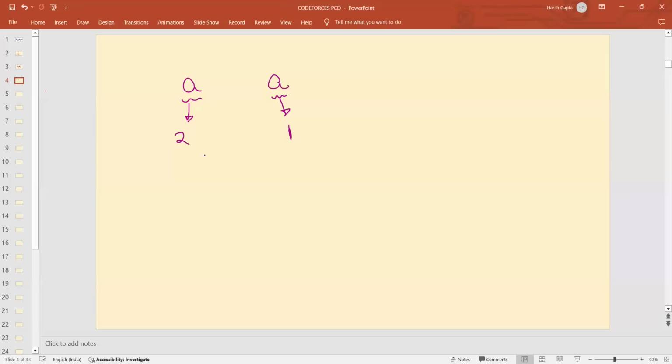So what I can do is insert some character in between which is not equal to this value a, that is, anything between b and z. Let's suppose I insert b. So now the time taken for this b will be 2 and for this a also it will be 2. So I am satisfying two conditions, that the character